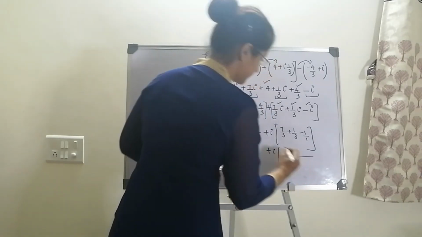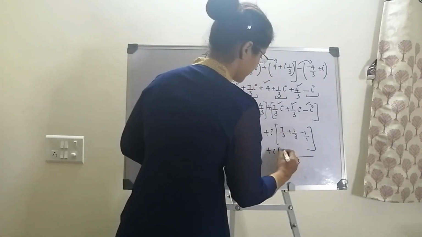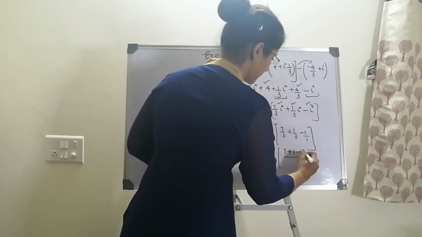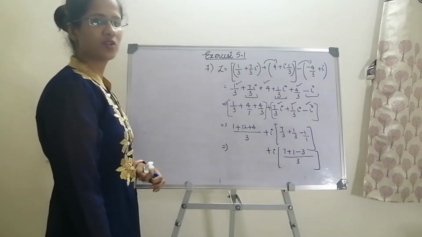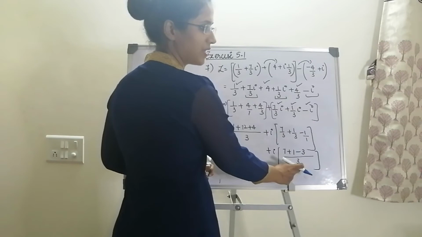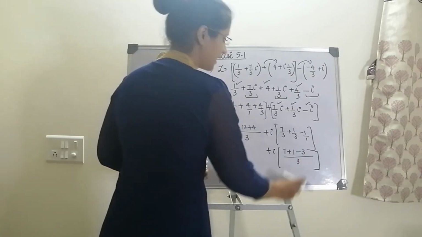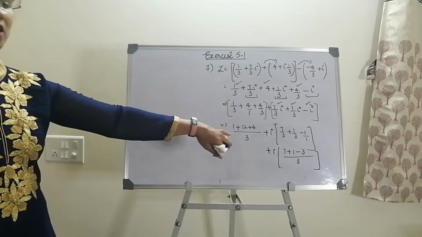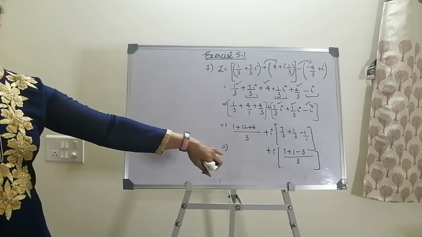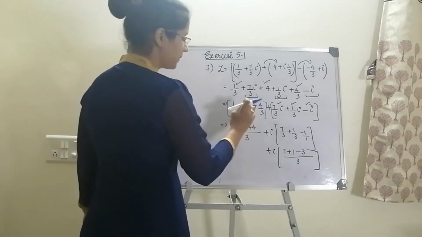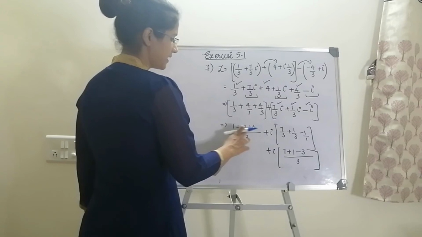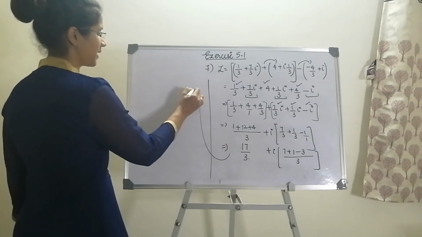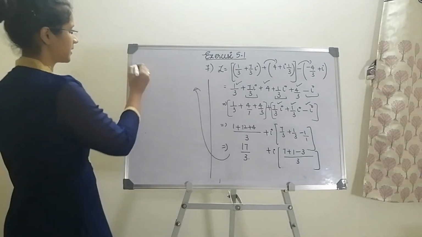So this entirely is divisible by 3, the denominator. Then I have 7 plus 1 minus 3 into minus 1 will give me 3. Why is it 3 into minus 1? Because my LCM is 3. So to make that LCM 3, I am multiplying it to the numerator, because in the denominator I already have a common term which is nothing but 3. Next, 12 plus 4 is nothing but 16. 16 plus 1 is 17. So 17 by 3. Next, I am just resuming my other steps towards this side of the board.